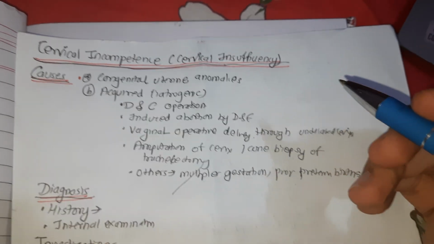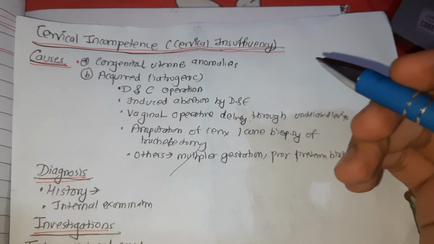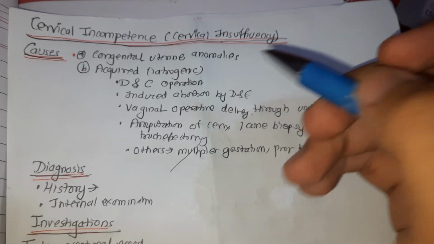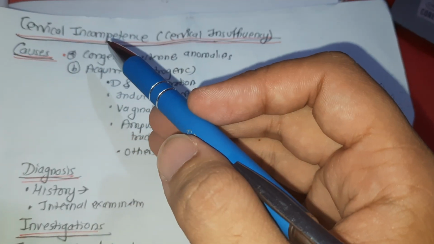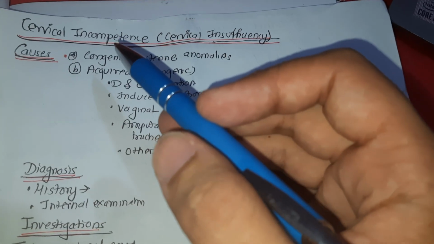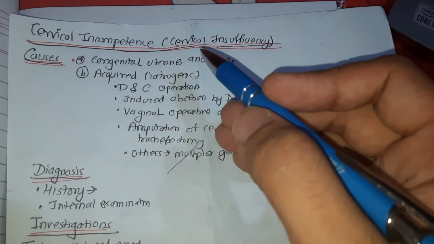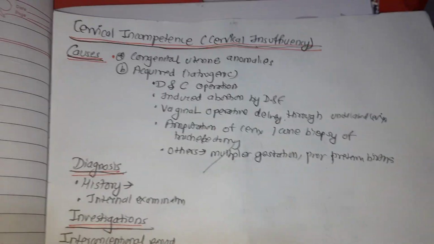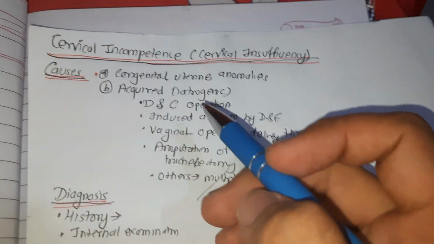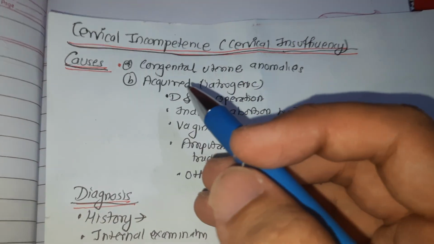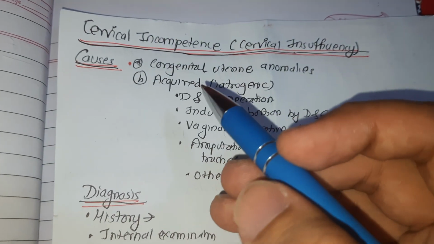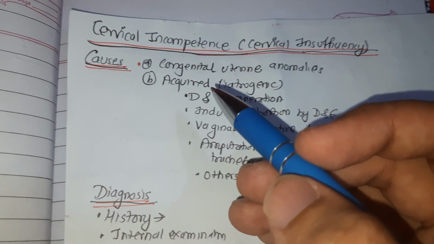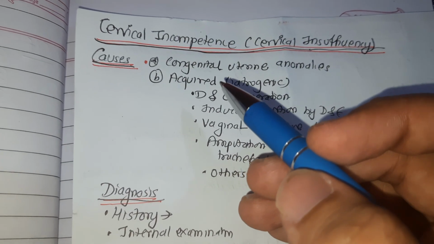Hello everyone. So we are continuing our discussion on abortion, and in second trimester abortion, one of the most common causes is cervical incompetence, also known as cervical insufficiency. Talking about causes of cervical incompetence, the retentive power of the cervix internal os may be impaired functionally and/or